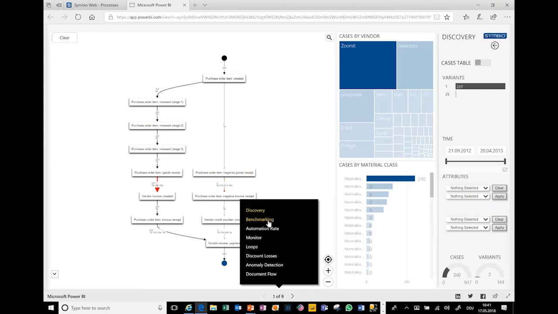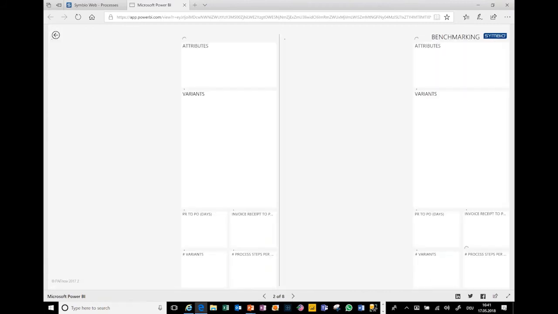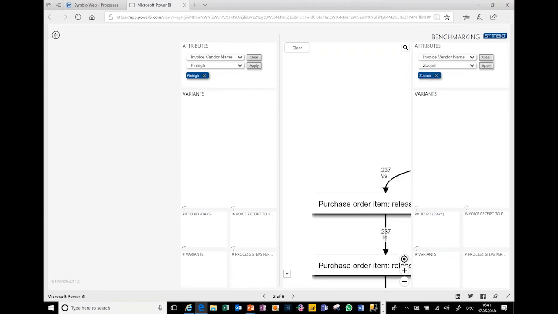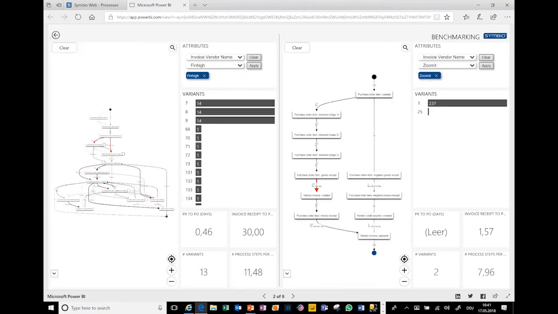A second view on the data could be that you do some kind of benchmarking. That's a typical way of comparing, for example, different attributes. In this case, you see the same process, but for two different vendors.